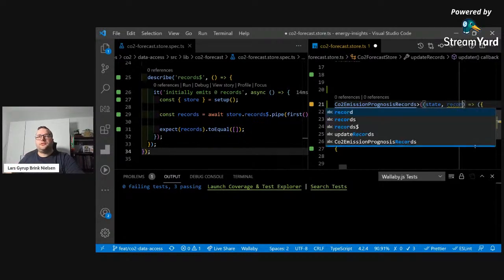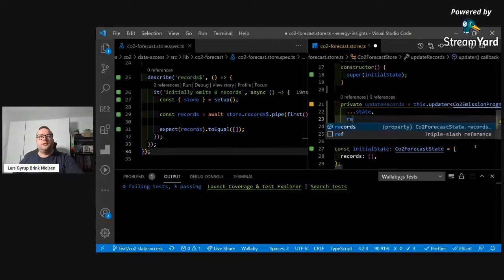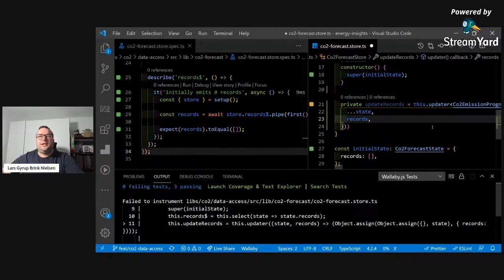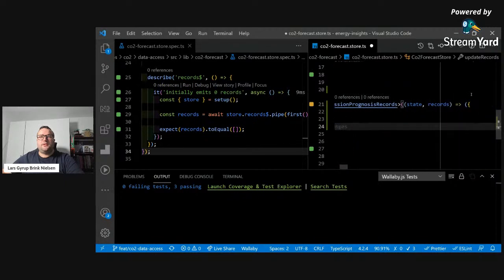But let's just call it records, because then we can spread the state as it is. It doesn't have any other properties right now, but it might at some point. But we'll put in these new records here. So this is shorthand syntax for like so. So that's why I'm naming the local variable records, because it makes it easier to map it into this new state object. So that's what we're returning. So this is how it looks. It's kind of a reducer for one action